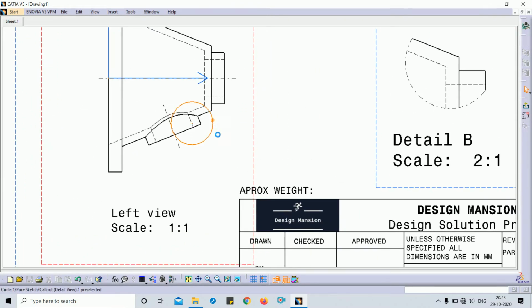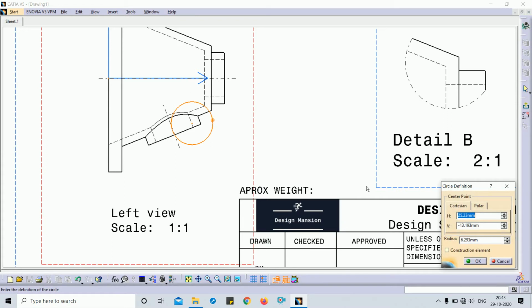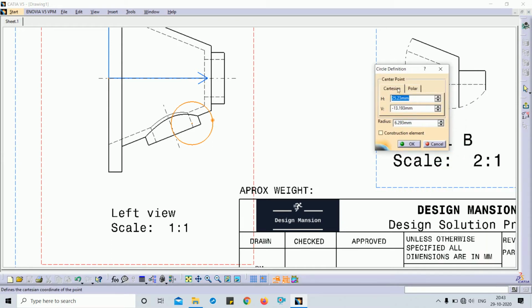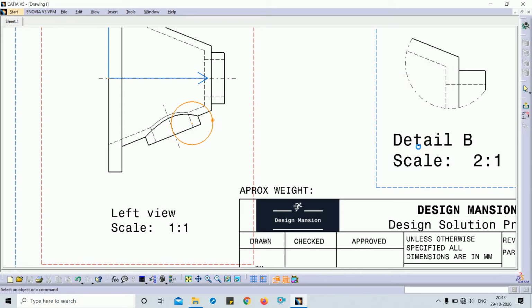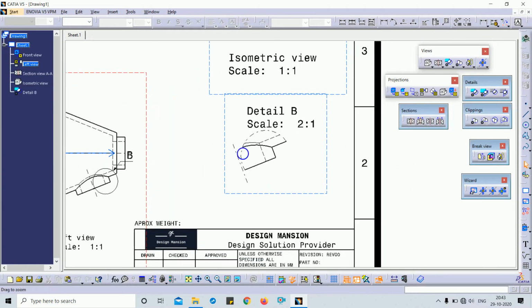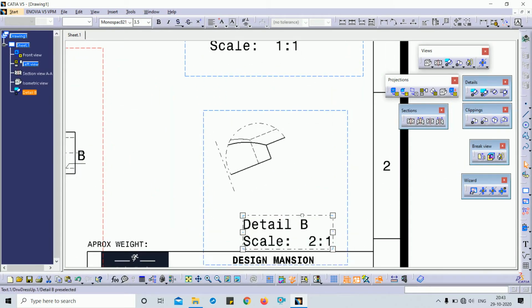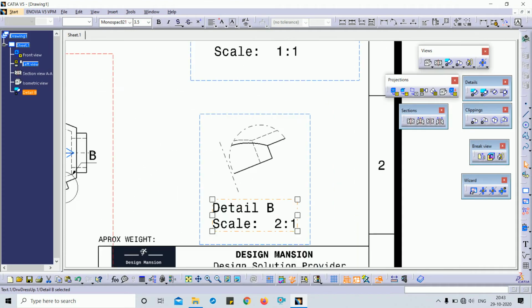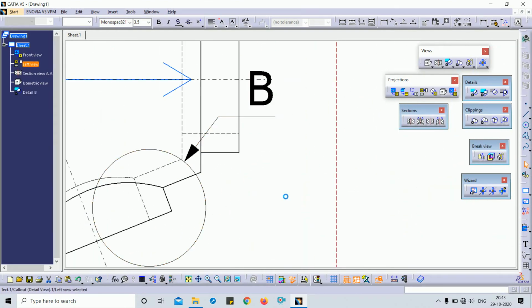By double clicking on that circle, you can see the height, vertical dimension and horizontal dimension, or you can simply change the radius also. Here you can change its dimensions, and here ends the profile creation. Now this is the result of your view. You can see this is my detail view of that particular view.